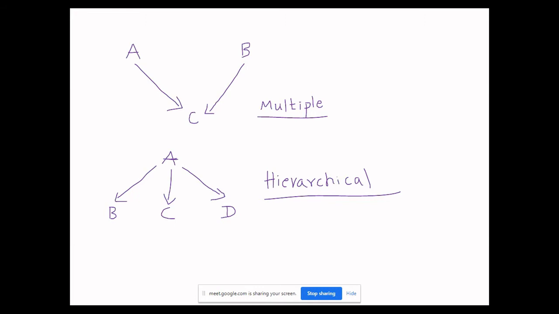Multiple, as the name says, one class inheriting from more than one. You could also add one more. The number is not fixed to 2. Any number more than 1 is called multiple inheritance. And when you have one class which is inherited by many classes, more than one class, then that forms one hierarchy. So this is called hierarchical inheritance.